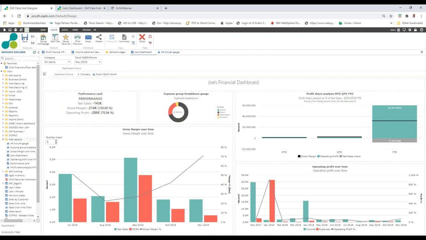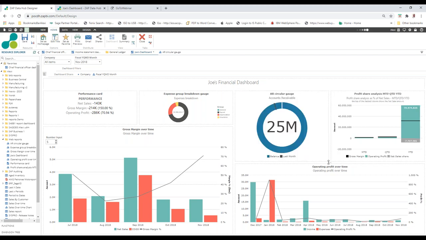So from there, we can actually go and space it out a little bit differently. And once I've saved this, and I go back into my consumer mode and I just refresh the screen, we can actually see now that specific report that we've added. Now for that particular one, if I want to go in and say, let's actually see what's made up of that 25 million,